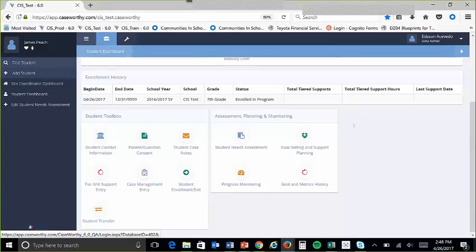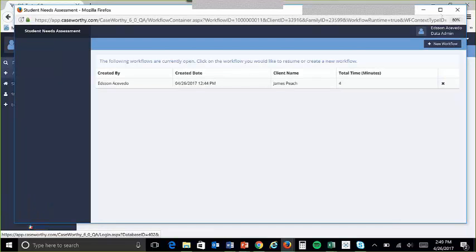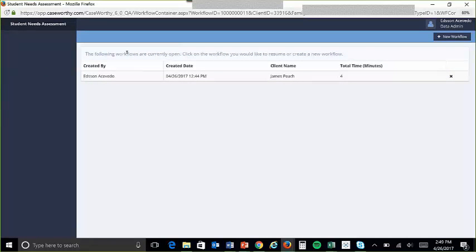So if we were interrupted at some point and decided, I have to leave my desk, I have to leave my computer, and an hour or two later down the road, I'm going to go ahead and finish this student needs assessment, we come back into the system and find the student's record. When I go back into that icon for student needs assessment, instead of just opening up that workflow, the system immediately says, hey, there's an open workflow for this student already. Because we've saved it, by clicking within that record, similar to how Find Student Search works,